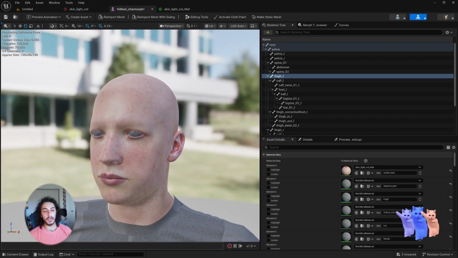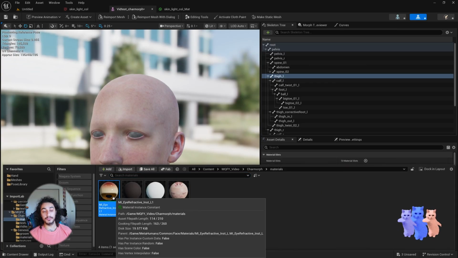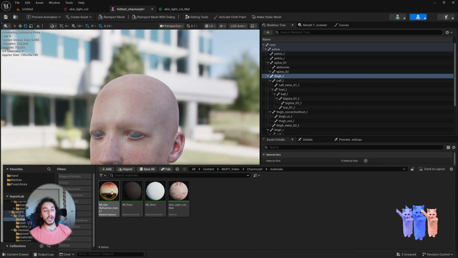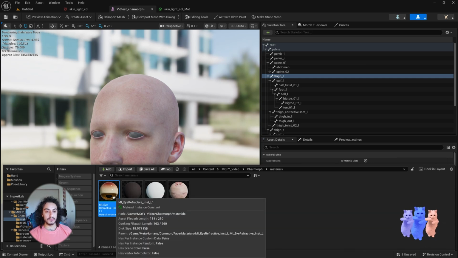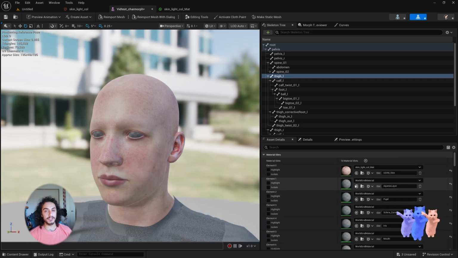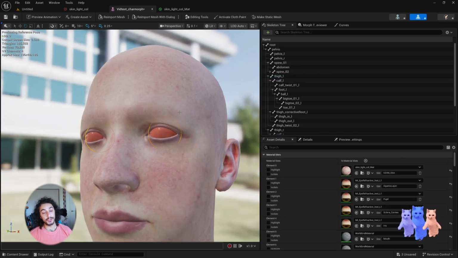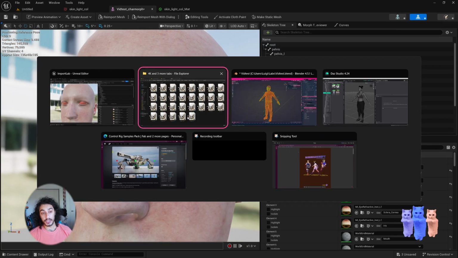And I already have my eye material set up too, which is actually just a copy-pasted MetaHuman eyes material. Very straightforward. They did a great job with the eyes. I wouldn't try to make my own material. But if I go ahead and start setting it to these eye slots, I already can see that I have an issue there. So we're going to go back to Blender because